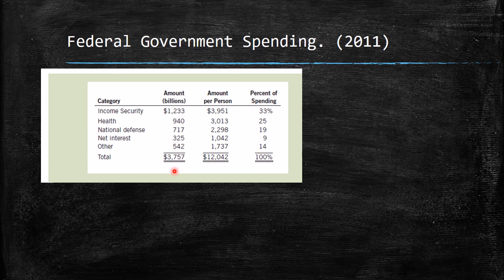You have the values here, and if you take into account the previous table that we looked at before, you see that the spending is higher than the income, which is what we call a budget deficit. So the United States, at least for 2011, but actually for several years, faces a budget deficit